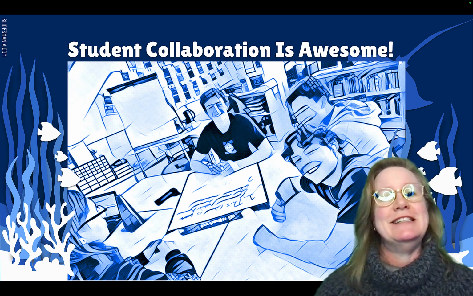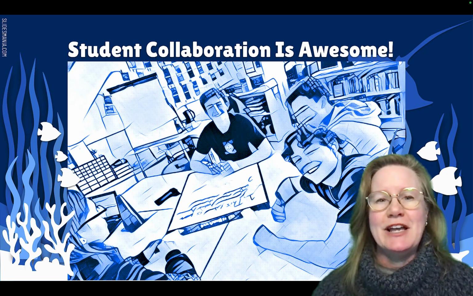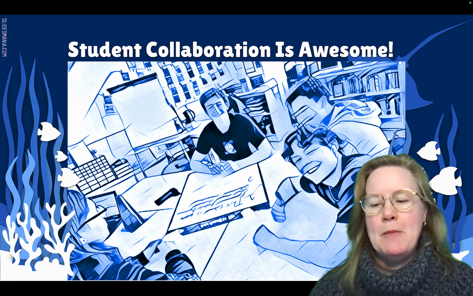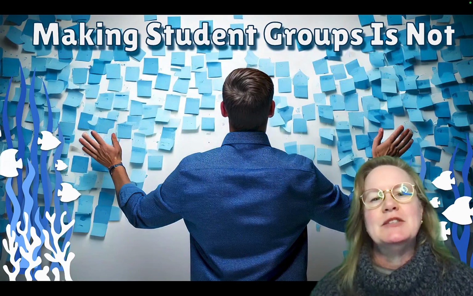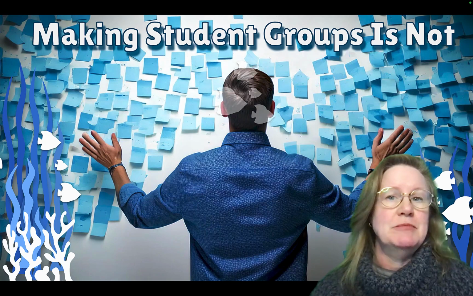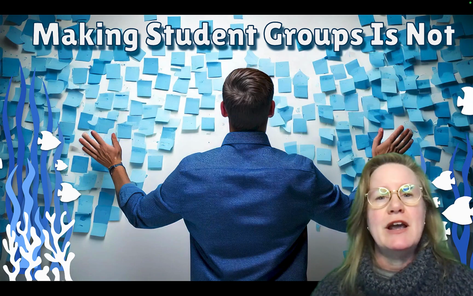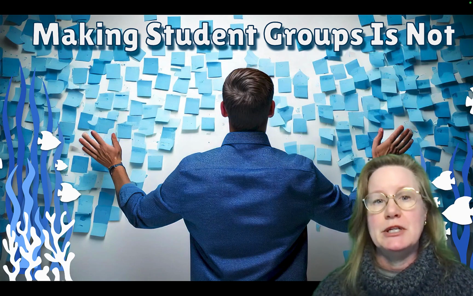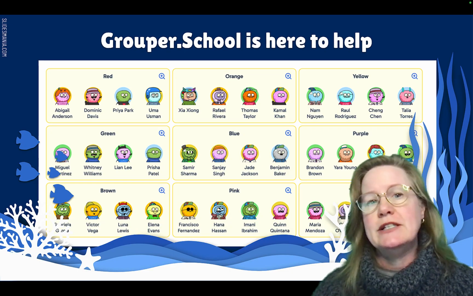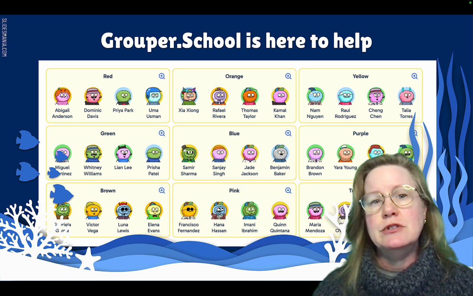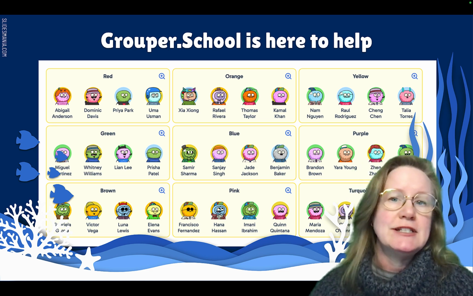Student collaboration is awesome. Getting our students to work together productively is amazing. But making intentional student groups is really time consuming, especially if you have 180 students in middle school or high school. Making sure that every student gets in a group that's right for them is a big challenge. Enter Grouper.School. Grouper.School takes the data that you provide about your students and uses that to group them heterogeneously or